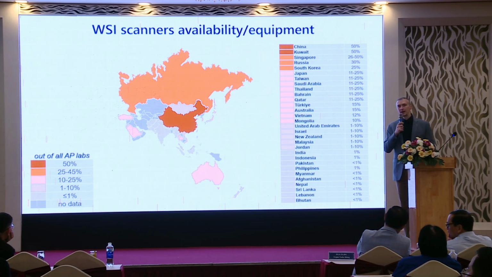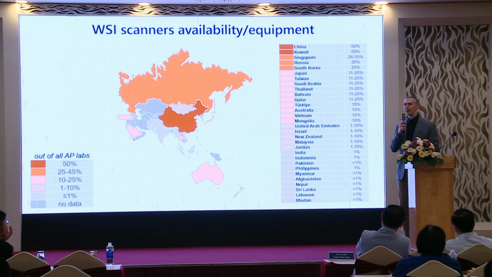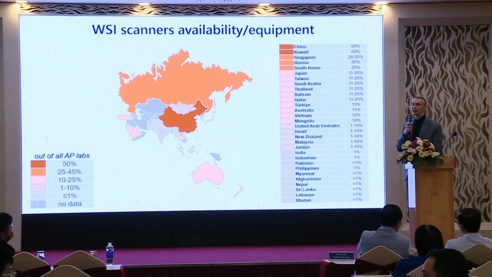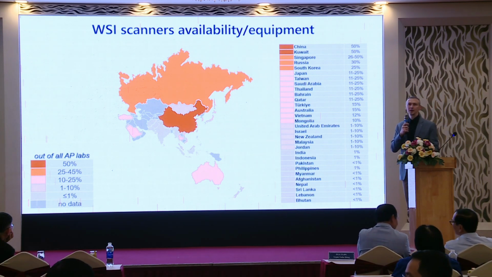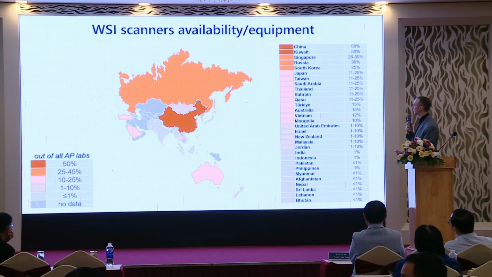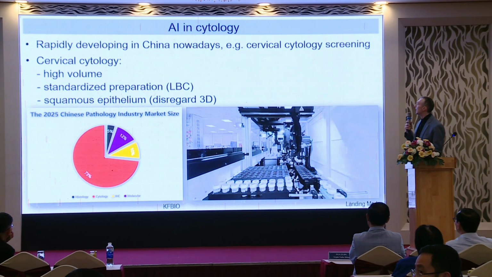But when I rephrase the question and ask, okay, these are scanners in your lab, but do you use them for diagnostic work? Then the number is dropping dramatically. Maybe you need to divide by 5 or even 10 to figure out how many of them use it for diagnosis. And use for cytology is very, very limited. Just to give you a sense of what is going on.